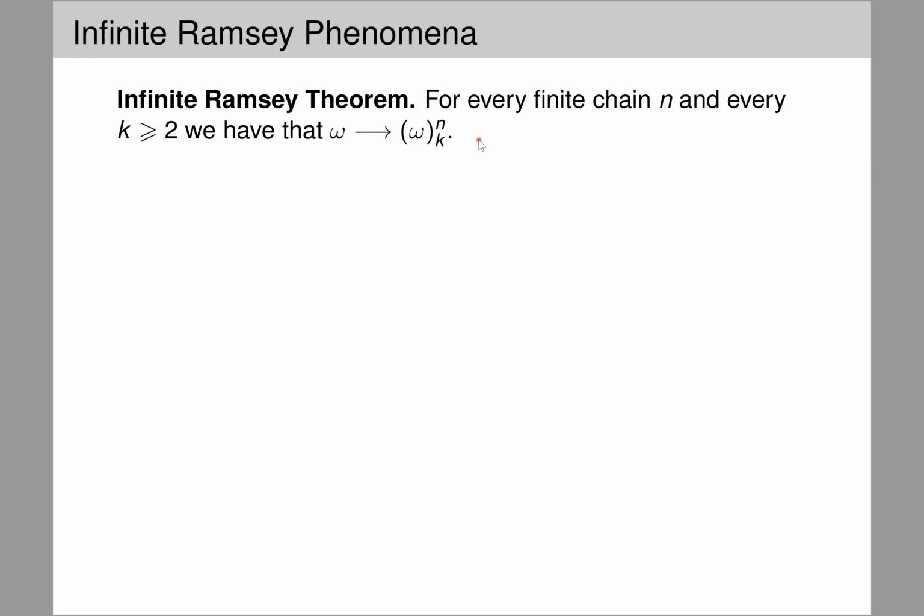Now, again, a formulation in terms of chains is important because it allows for generalizations. And of course, this result was generalized to cardinals already in the 30s by Sierpinski and those very important people in set theory. But on the more combinatorially interesting side are results from the late 60s and early 70s by Galvin, Laver, and